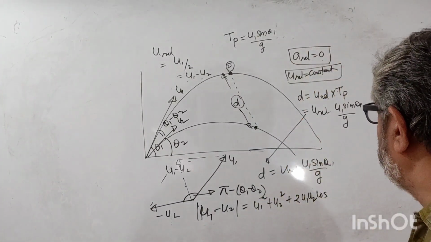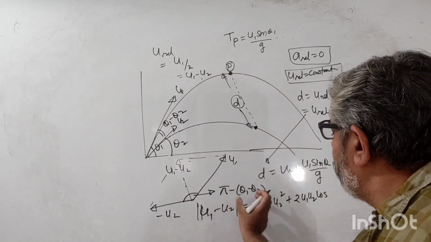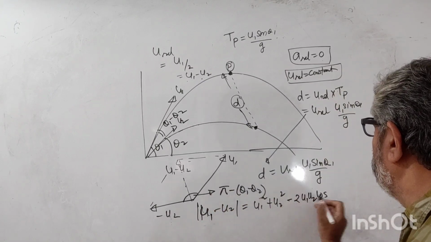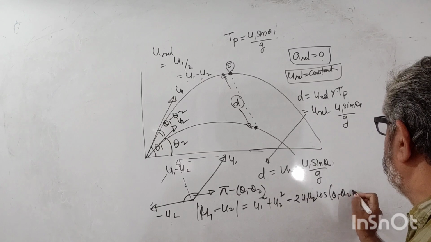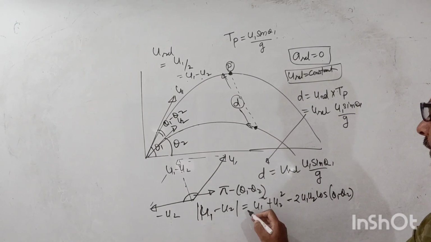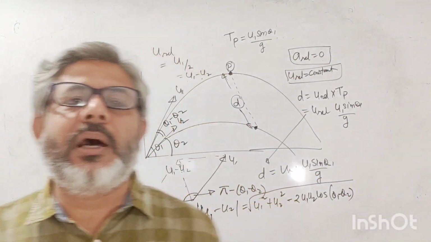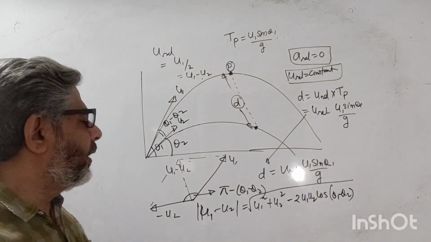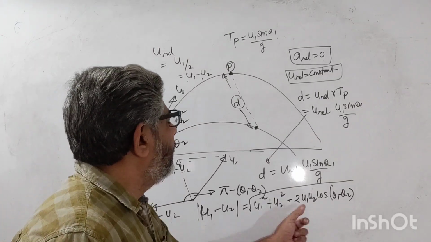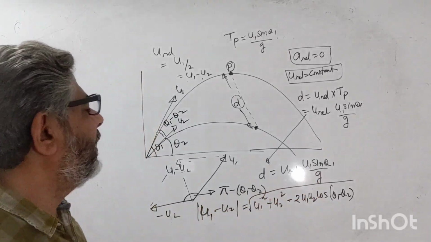This formula you should remember in trigonometry. So cos of 180 minus this angle is minus cos of this angle. So let me make it minus, and cos theta 1 minus theta 2. So this gives me the value of relative velocity, but we have to have the square root also, because r square equals a square plus b square plus 2ab cos theta. So the value of relative velocity is this. Once you put this value in here, you get the answer.